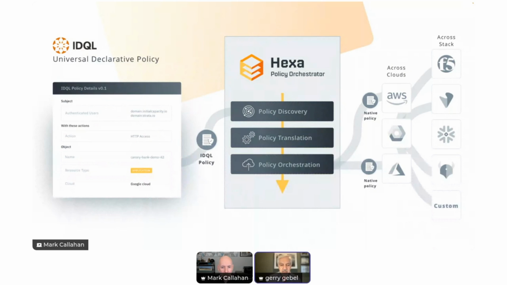Yeah, well, this is just another target system that we would support, right? If you go left to right here, IDQL is that format that we were just talking about, so it's a common way that enterprise customers can author and manage access policies. And then using the Hexa open source policy orchestration capability, that's where we can connect to those target systems, do policy translation, and then orchestrate or activate the translated policies into those runtime environments. So Amazon Verified Permissions and Cedar will be another one that we support in our growing list of supported target environments.